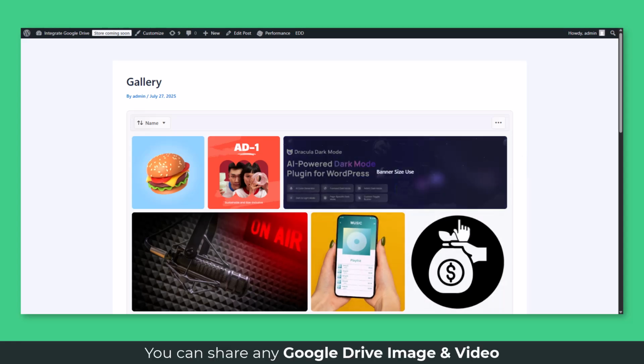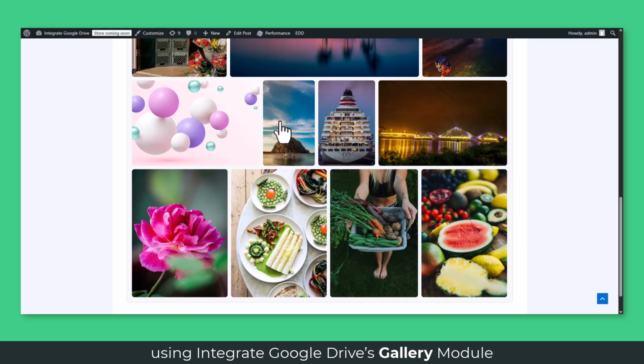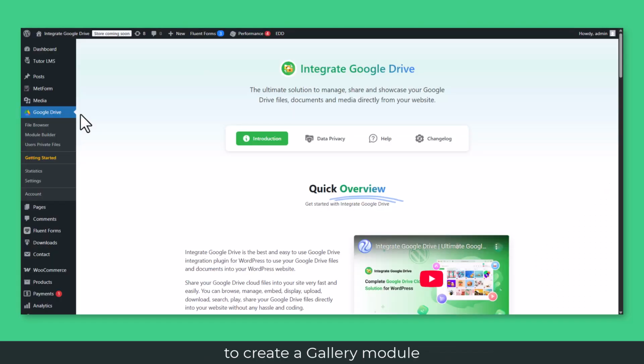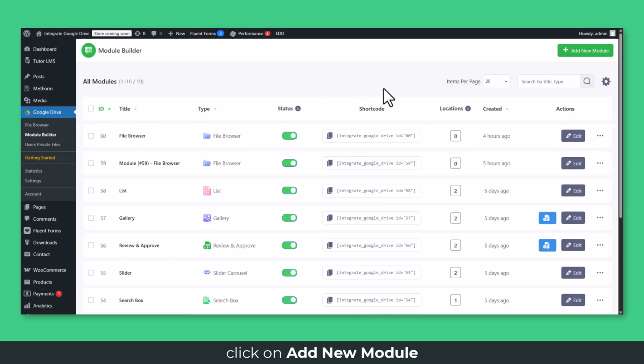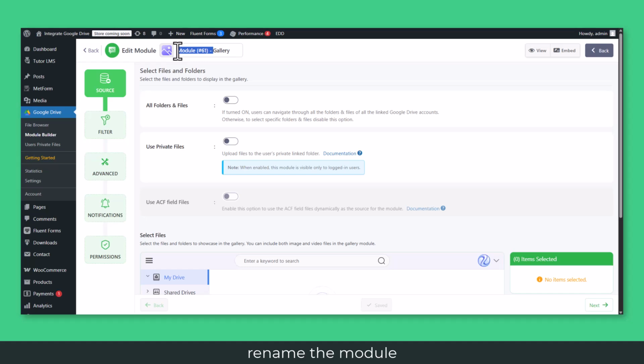You can share any Google Drive image and video as gallery preview using Integrate Google Drive's Gallery module. To create a gallery module, navigate to Google Drive. From your WordPress admin dashboard, Module Builder, click on Add New Module, select Gallery Module, rename the module based on